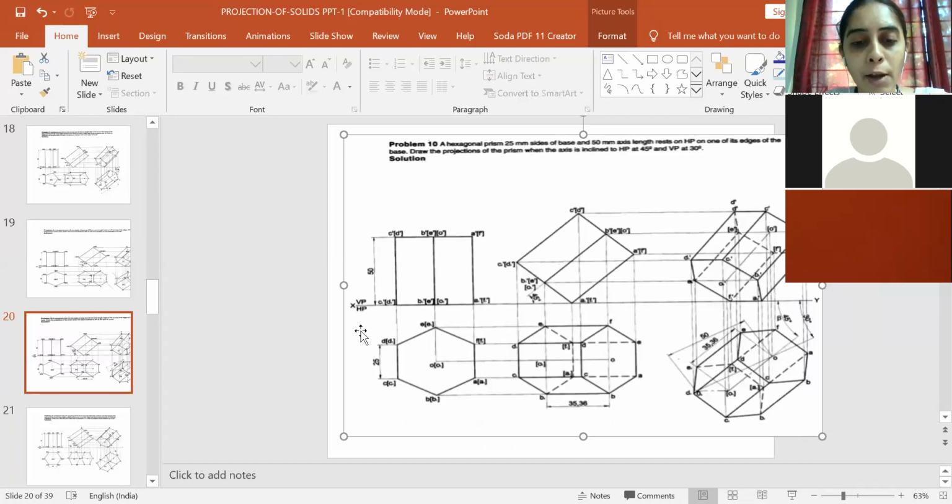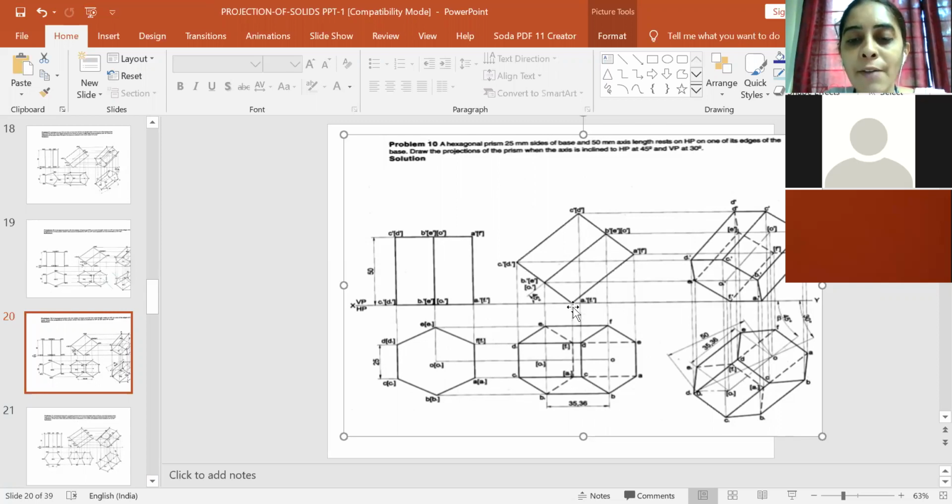Don't forget, I also extend the projection from each point from the top view, and read the locus and do the naming as I told in the last problem. And cover the outer boundary first, because the outer boundary of the solid will be visible. So once it is visible, when the observer views from the top it will be visible. So the top surface you will darken first. Then the projection coming through the corner of the top surface will be visible. So you will darken those.